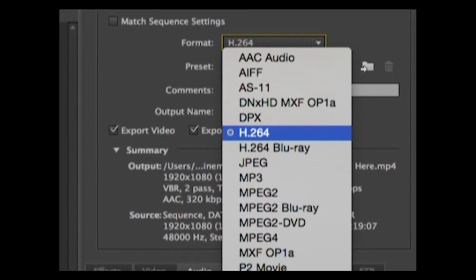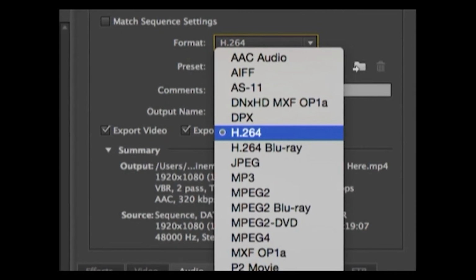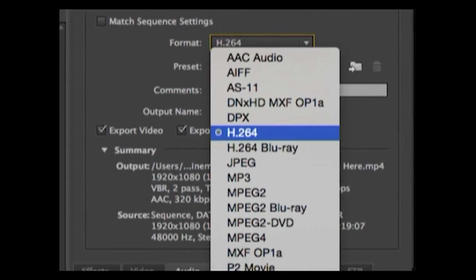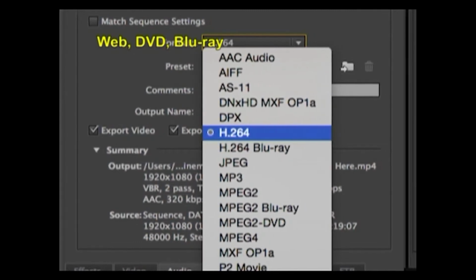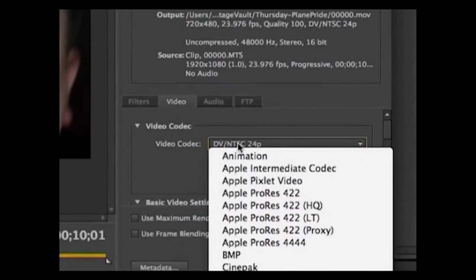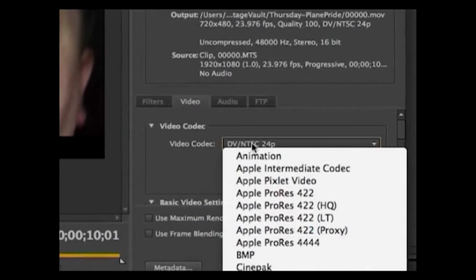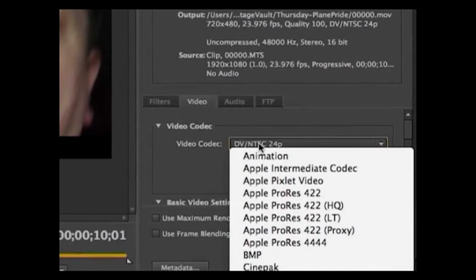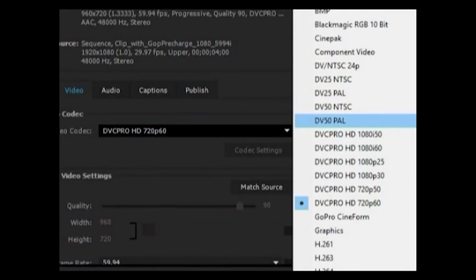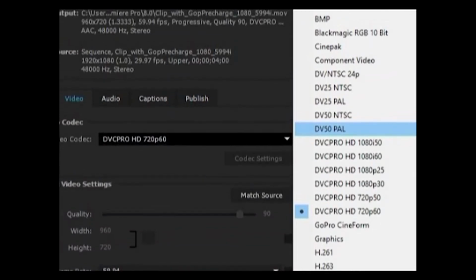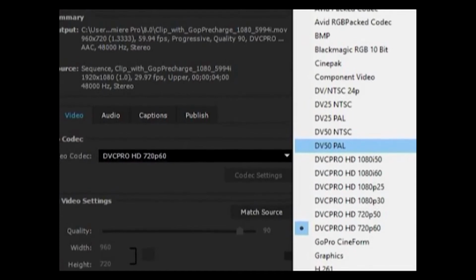One more thing you should know about encoding is keyframes. Pretty much every codec you'll use to export video for the web, DVD, Blu-ray, etc. will have keyframes. Codecs that don't use keyframes are generally designed for editing purposes because they are less processor intensive and therefore make editing a bit faster. The DV codec is one such codec. Compare it to H.264 and see how much faster it is when editing.